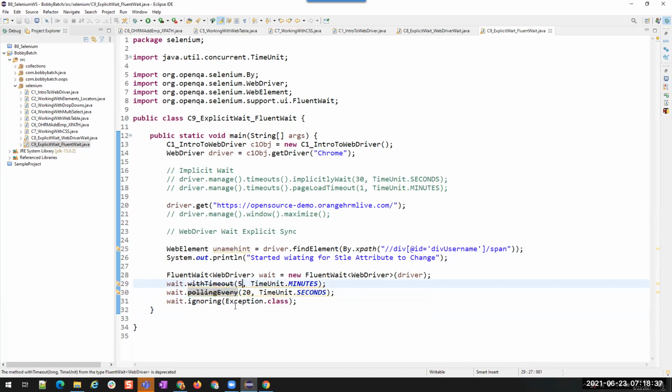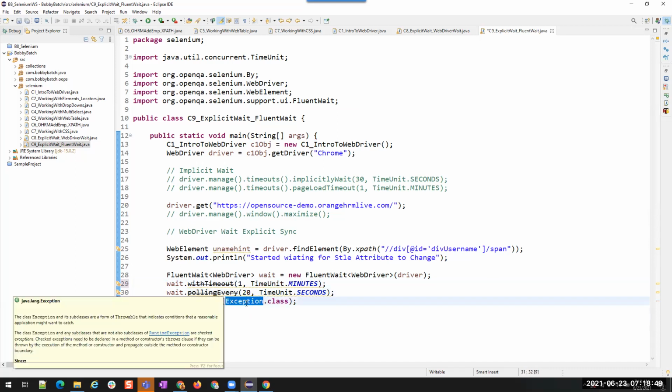5 minutes will be too long to show you the example, so I'll make it 1 and let it be 20. In 1 minute, it is going to verify every 20 seconds, and after 1 minute, it is going to throw the exception.